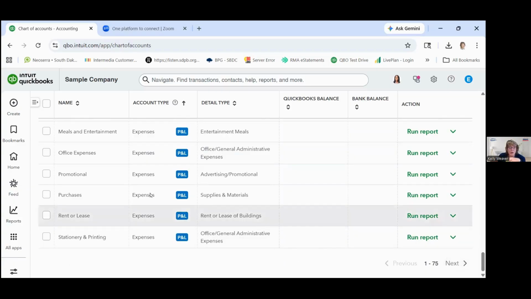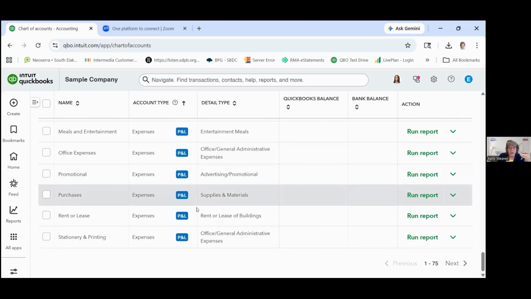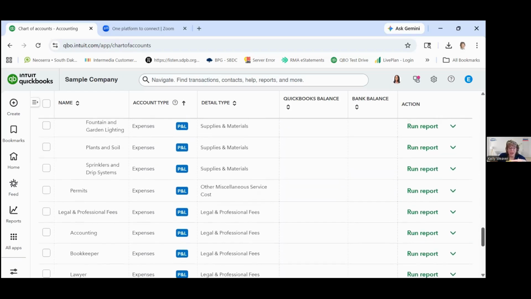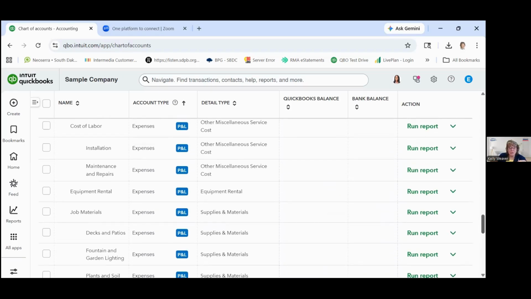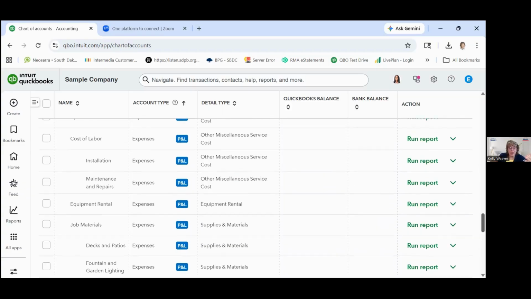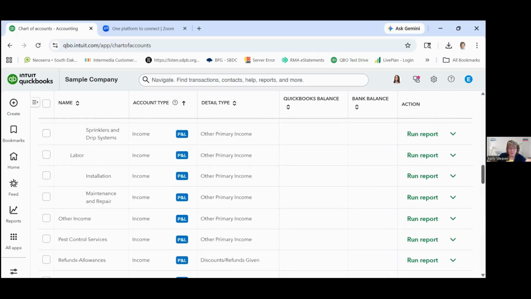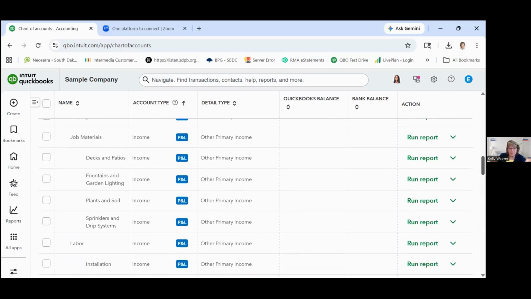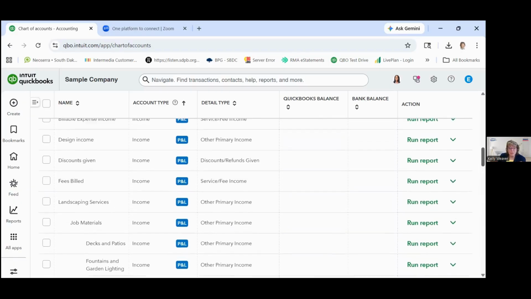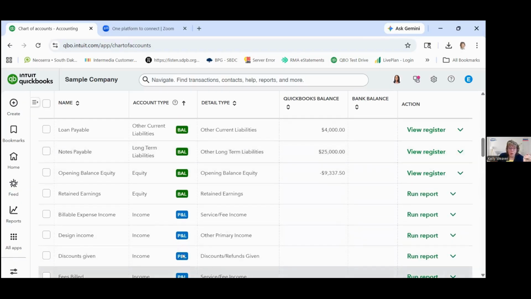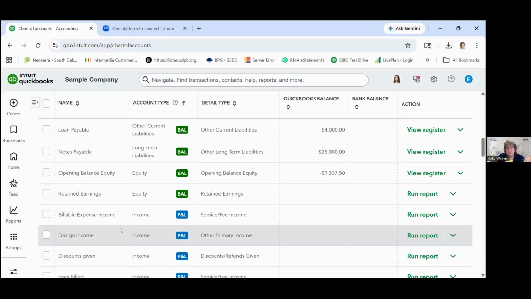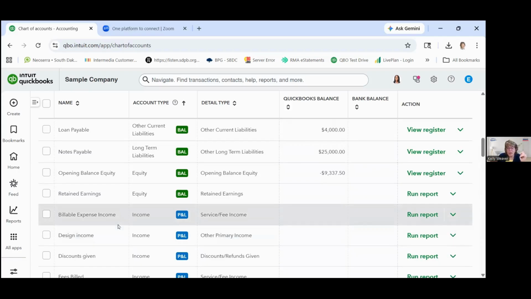So this is where I would suggest looking at these accounts and editing them if need be, or adding to them if there's a specific account that you know you want to use, then you could do that. And part of that is deciding how you want to track things. You know, some accounts when they're set up will just have one income account that says sales. Nothing wrong with that. That'll get you what you need to file your tax return. And it'll show your total income for the business.